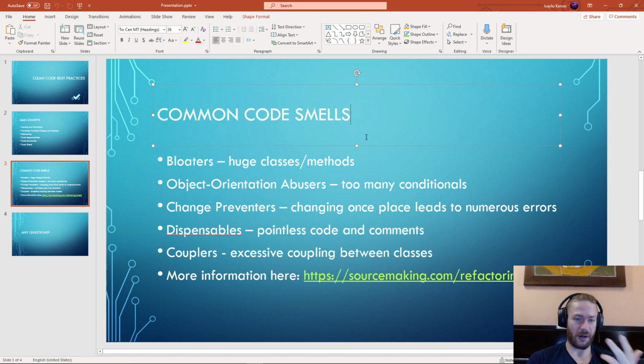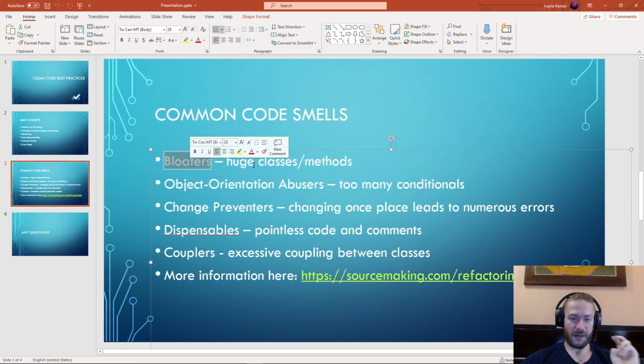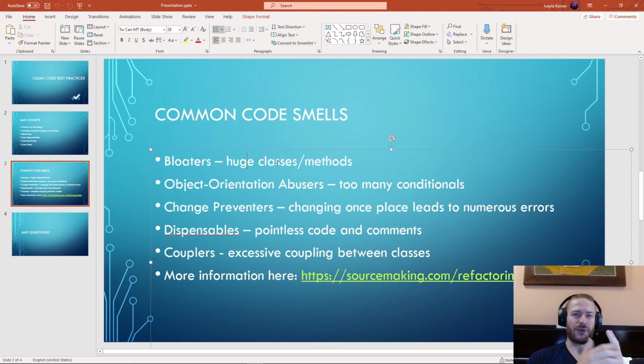In general, what are the common code smells? First, the first code smell is bloaters. Bloaters means huge classes or huge methods. If a method is, for example, 100 lines of code or 200 lines of code or even 1000 lines of code,